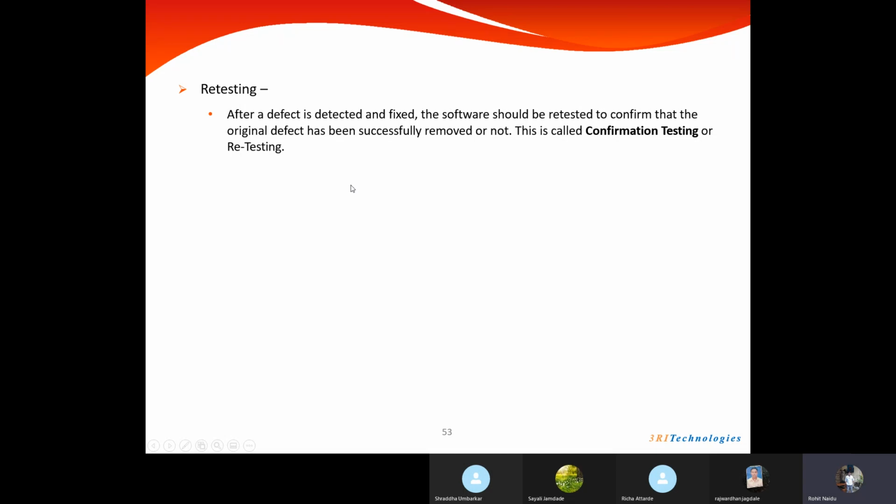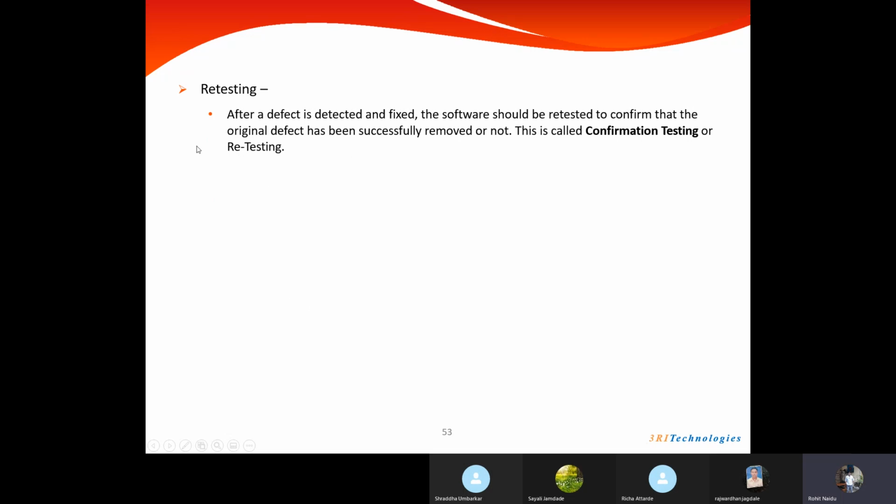This is very simple. See, we are testing login functionality, and when we tested for the first time, we saw there is a defect, and we will send that defect to the developer. We will ask the developer to fix that functionality, and once he has given a heads up saying the functionality is fixed, then we need to test the same one again. If we are testing the same functionality after the bug or defect is fixed, then it is called retesting or confirmation testing. Simple term, not much to focus on.